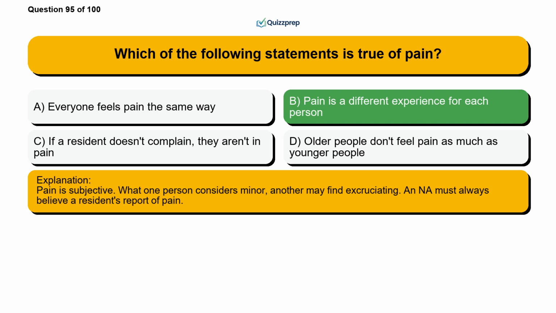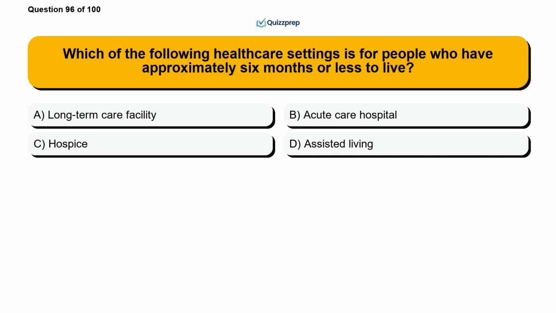Pain is subjective. What one person considers minor, another may find excruciating, and an NA must always believe a resident's report of pain. Question 96. Which of the following healthcare settings is for people who have approximately 6 months or less